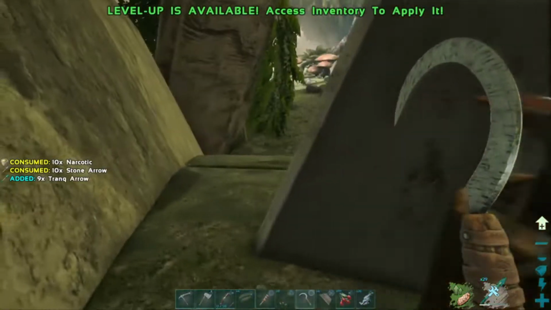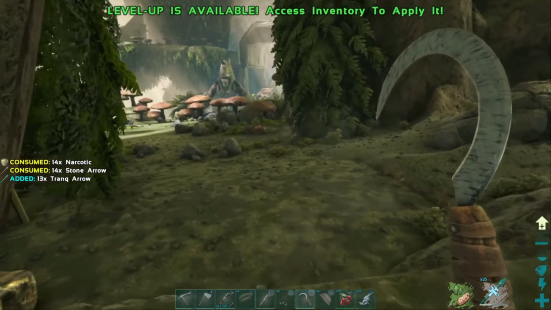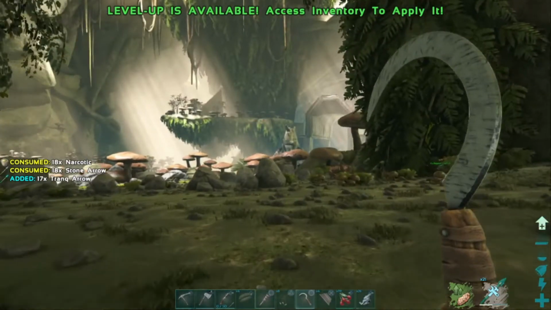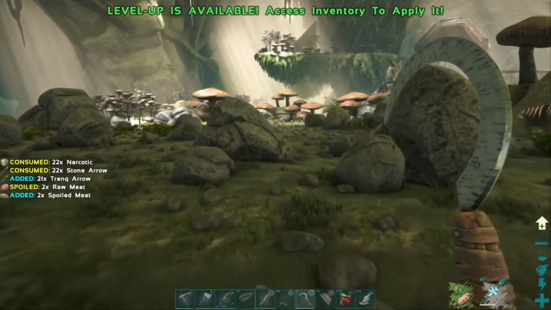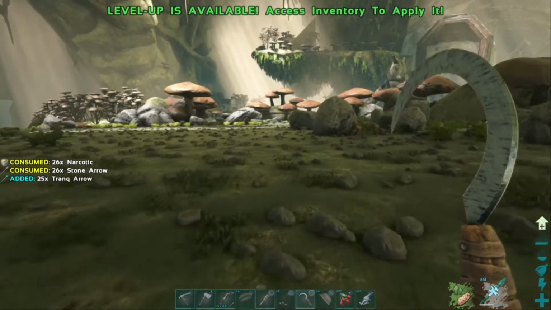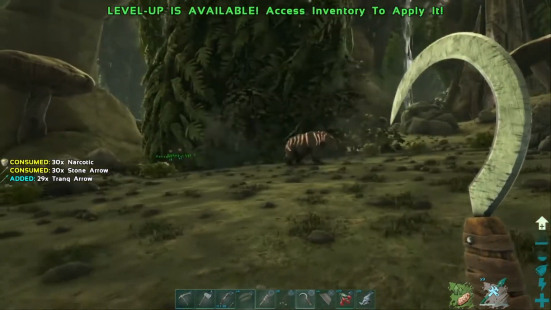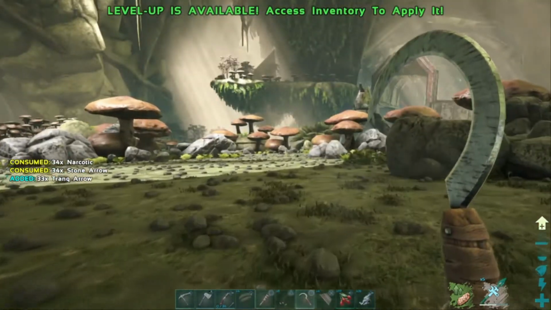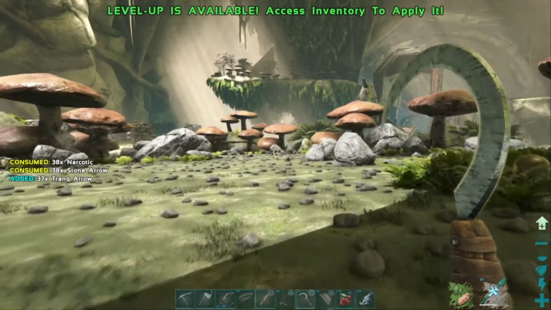Well, alright. Now we get to go make our Ravager pen. So this is where I'm going to splice in the other video. But it's right here. This is where I built the... actually, no, it was down here. Stay away, Mr. Bear. It was down this way that I built the pen. So...